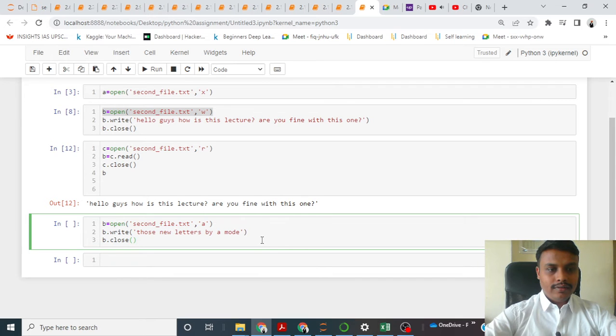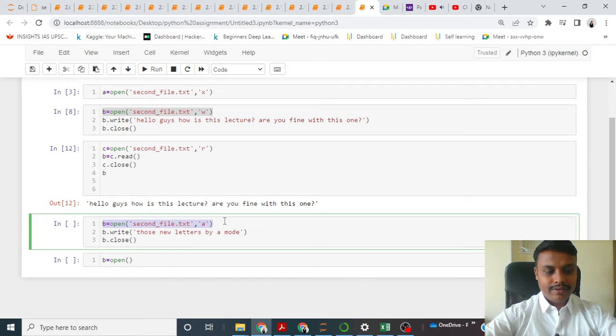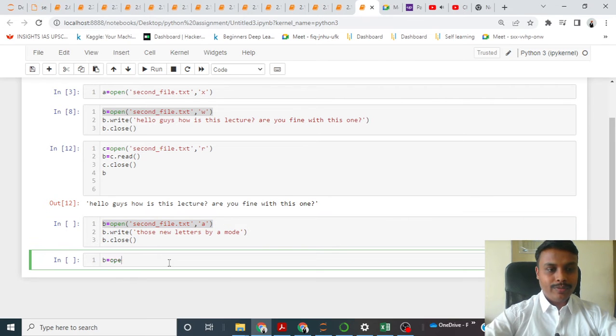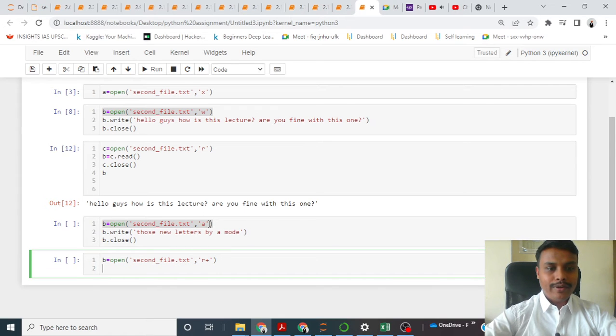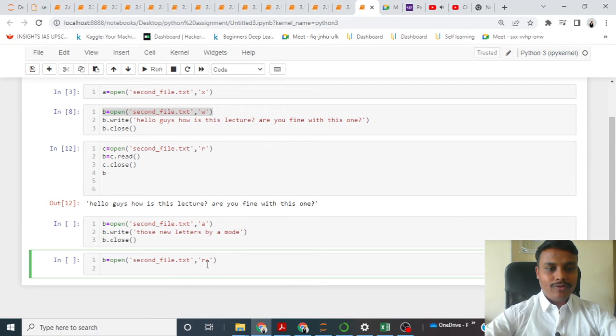Once again I want to read whatever I have written, so again I use the r or r plus mode: b is equal to open, then we place the file name. I will copy and paste it with Control C. Instead of a, we check r plus mode, which is for both writing and reading. But we have not used r plus mode for writing here because it would rewrite over the previous writing, so we used the a mode, the append mode. And now by using r mode or r plus mode,